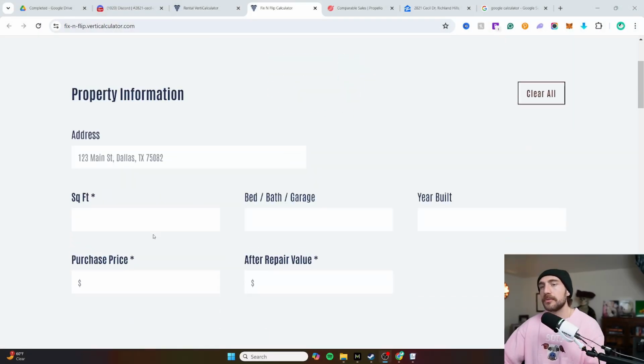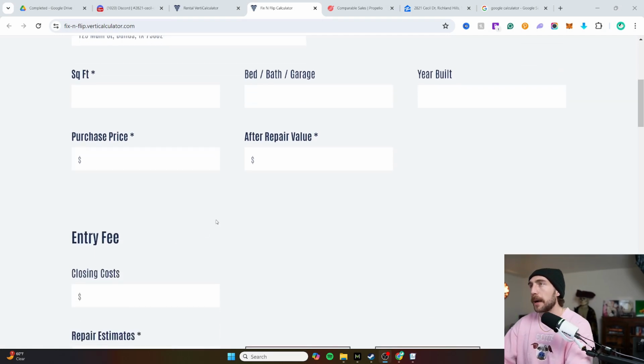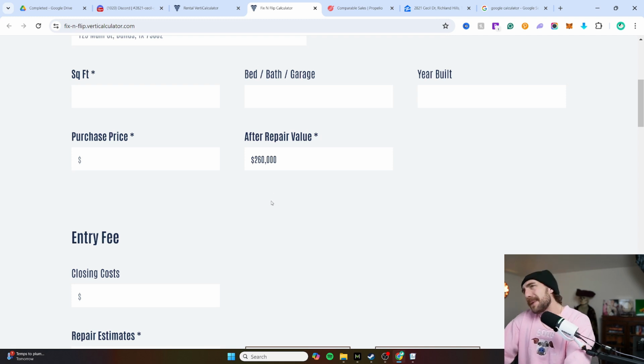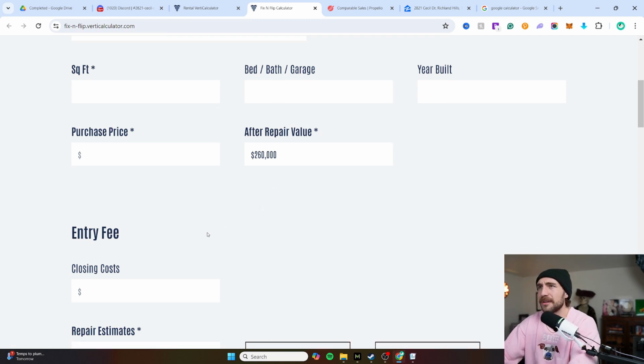Let's run through this exact same property using a calculator to show how much the end buyer is actually going to make on this deal. So how much is the end buyer going to make on this deal? And if you want to access these calculators, I built them and they're insane. And maybe I'll give them to you. Maybe I won't. I don't know. Depends what mood I'm in.